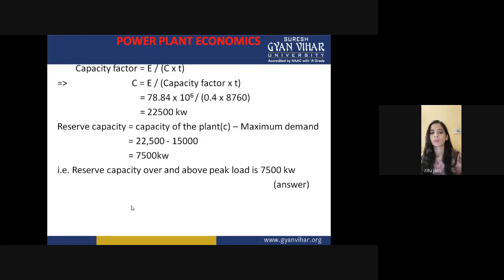So the point is, you have to remember these formulas to calculate the different values, which are used to analyze the power plant, or which are used for the economics of the power plant. So this is all about your power plant economics. So next problem is,